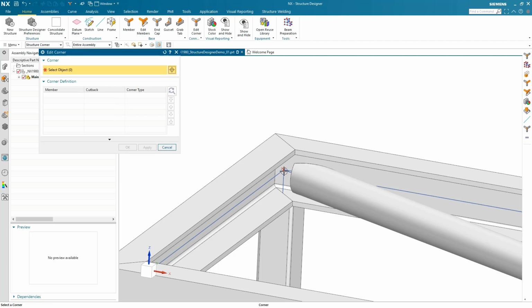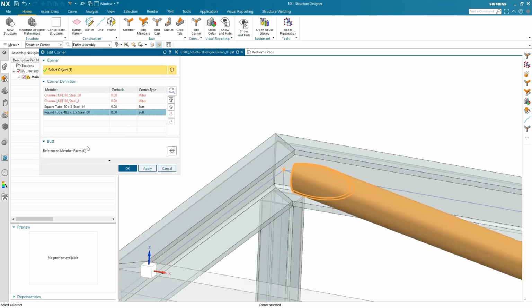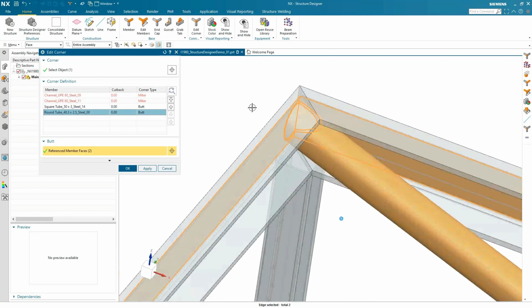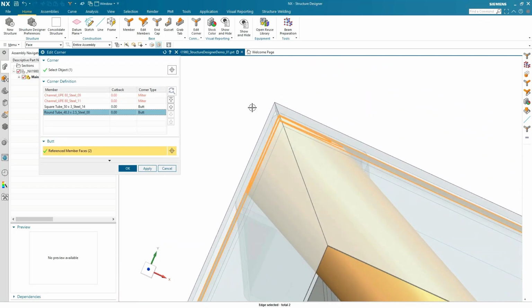Inside the Edit Corner command, notice we have additional options for cutback, and if you pick a butt joint, notice how we have new options down here to select the trimming faces. We'll pick this inside face, that inside face, and notice how the inside member extends all the way to meet